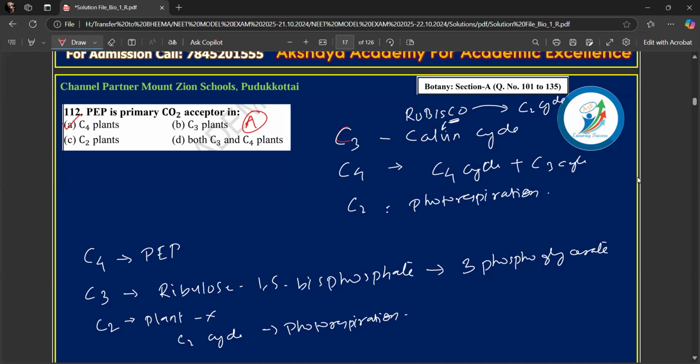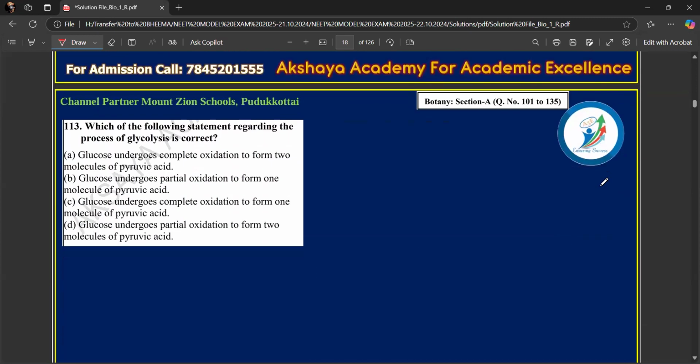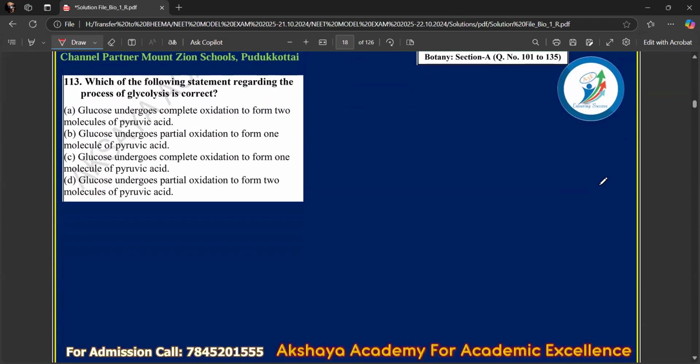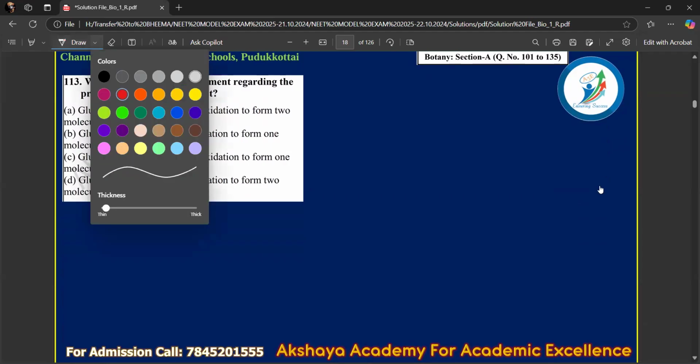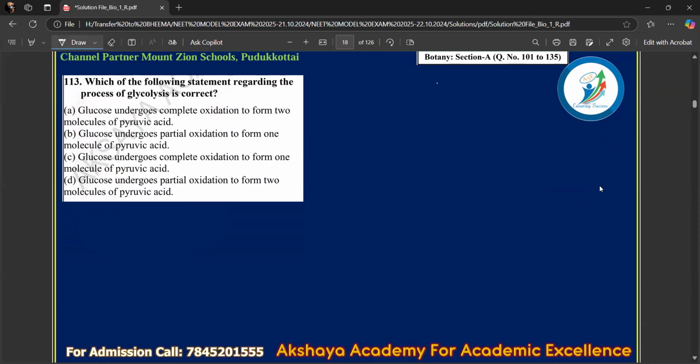Then the next question is also from plant physiology. Okay, it is respiration in plants. Now they are talking about glycolysis. So if you remember glycolysis, it starts with